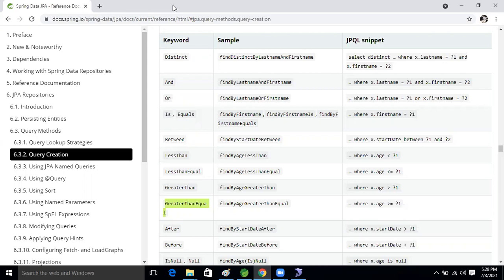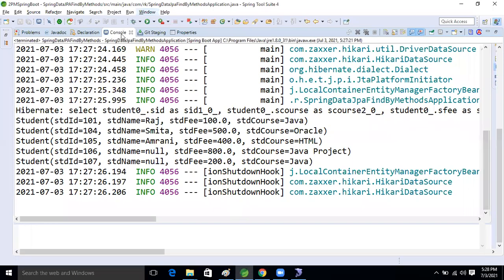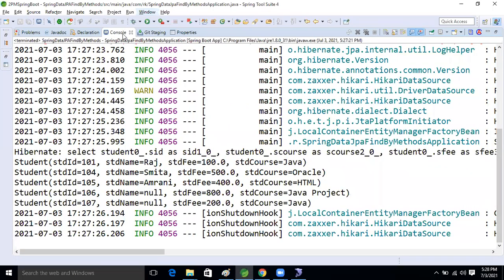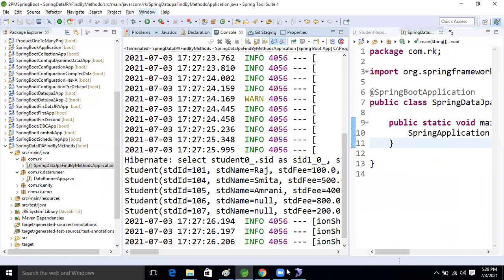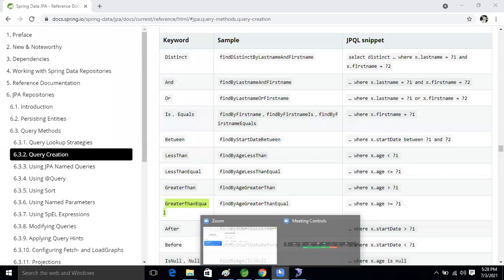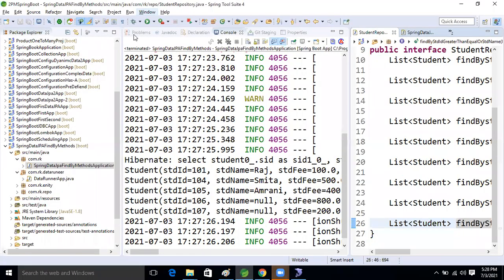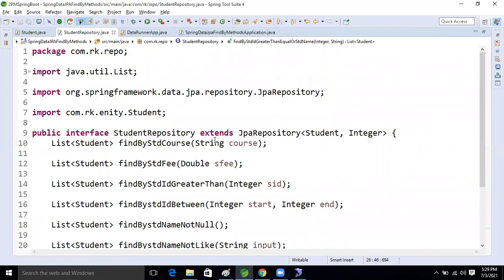So let's make a complex type method. Little bit complex type. Okay, so good.